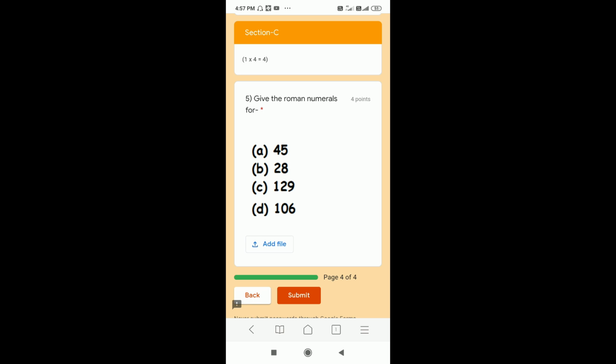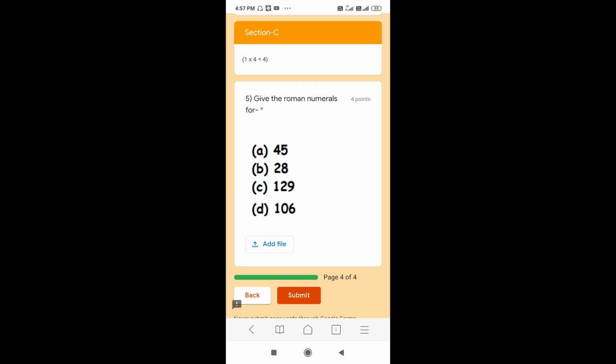Here you are seeing section C. One question is of 4 marks, but in the actual test I may have given section C 2 questions of 3 marks, and then in section D I have given 1 question of 4 marks. So here it is a sample one, that's why I have done a limited number of questions. So for this also you need to upload the file.